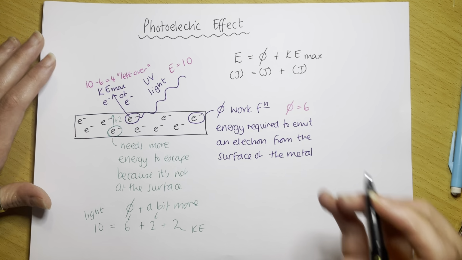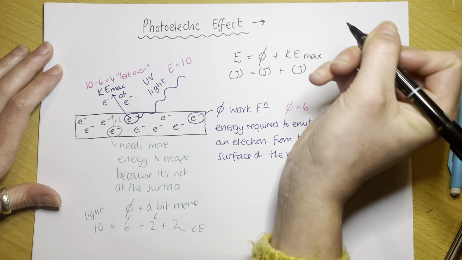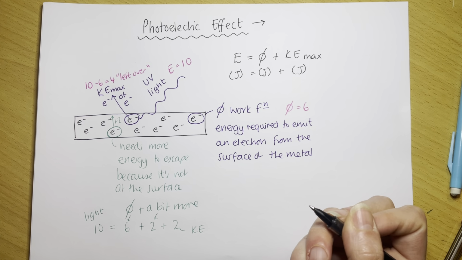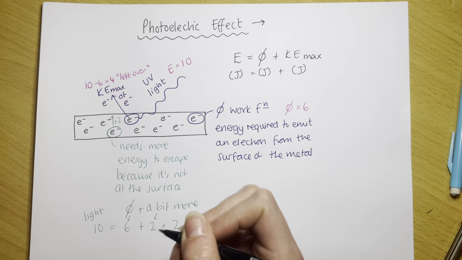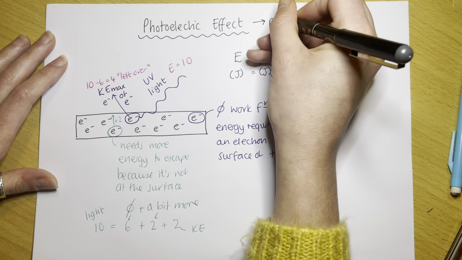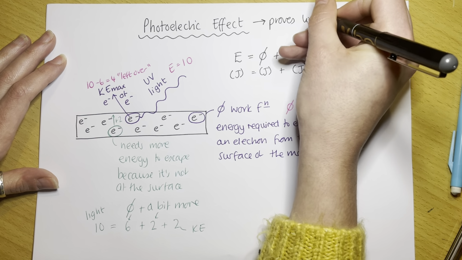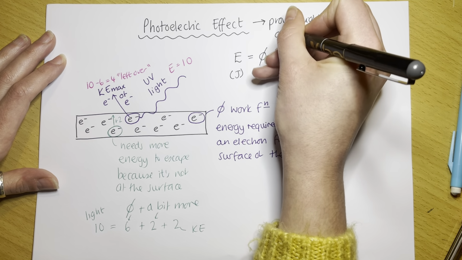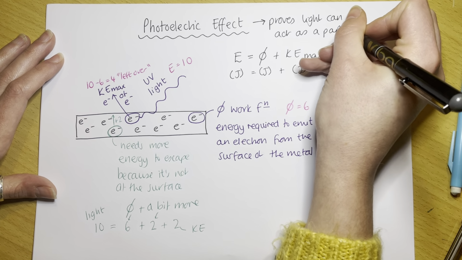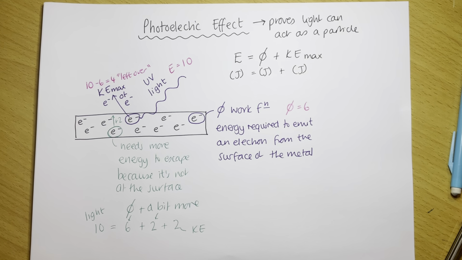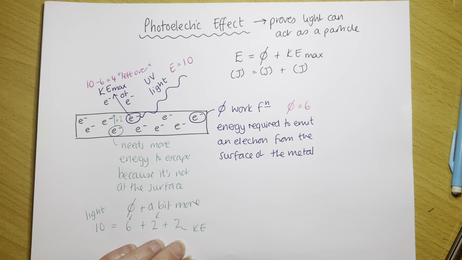Now, like I said, the photoelectric effect is the start of quantum mechanics, and it helps us to think whether light is a wave or a particle. And the photoelectric effect proves that light can act, or does act here, as a particle. Now, why is that the case? That's the case because this doesn't always happen, okay? The reason we know the photoelectric effect proves that light can act as a particle,